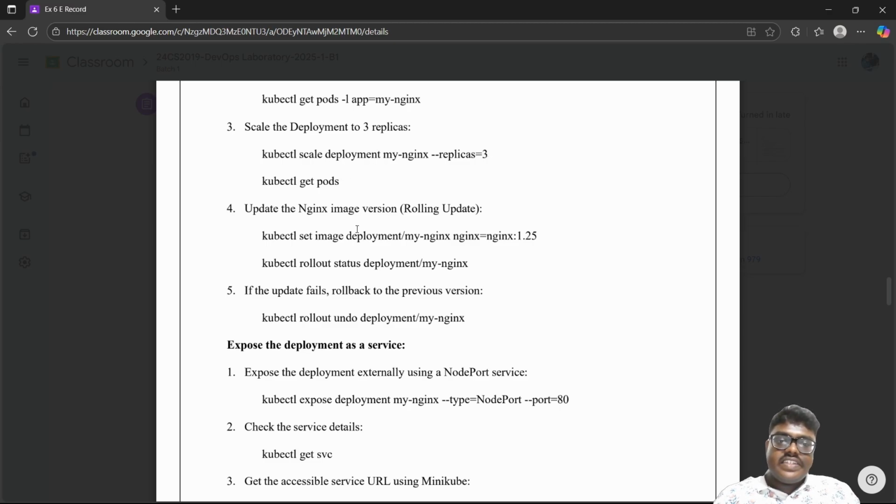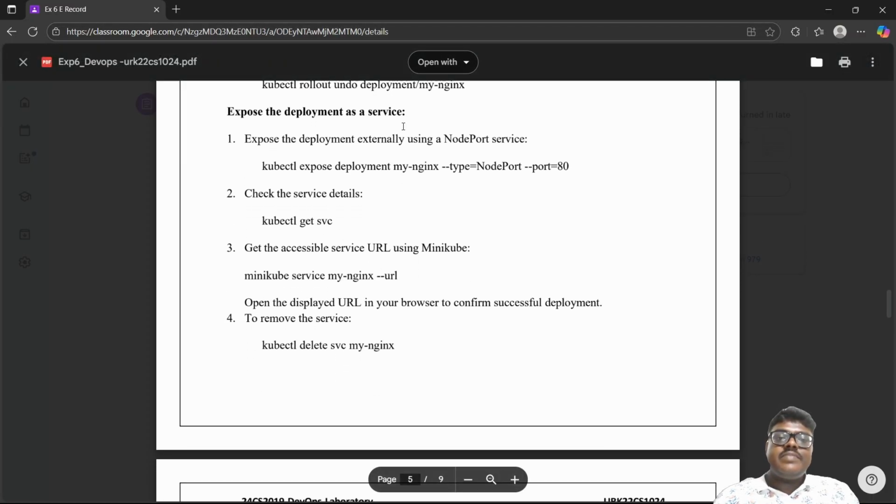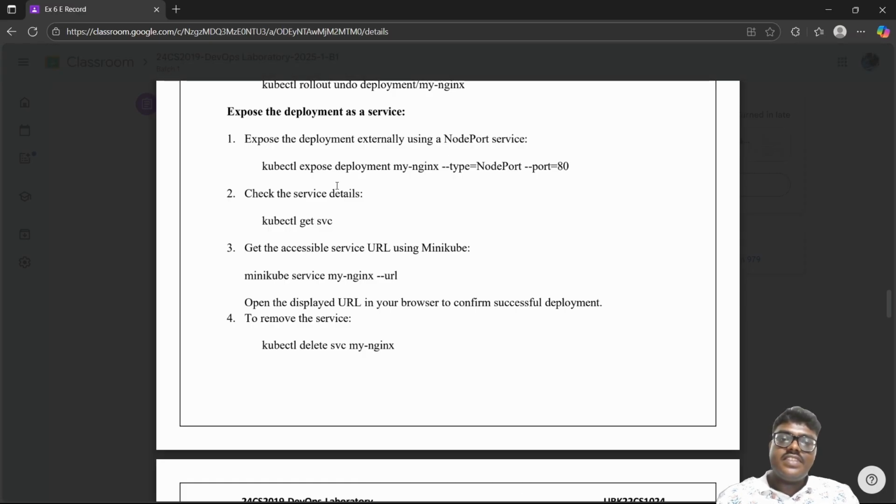For rolling updates, we can again go here and run kubectl set image deployment/my-nginx with nginx=nginx:1.5, and we can see the rollout status here. And if an update fails, we can roll it back by running kubectl rollout undo deployment my-nginx. We can also expose the deployment as a service by using a NodePort service,